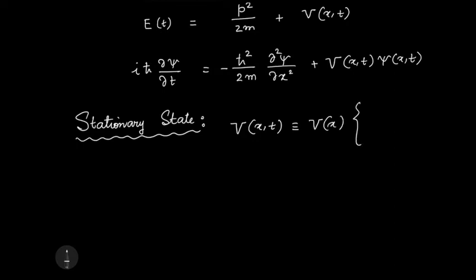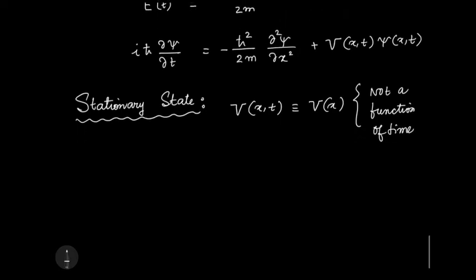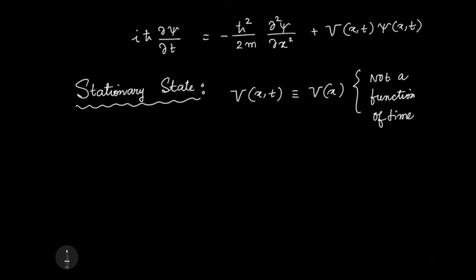So it's only a function of x, not a function of time. Okay. So in this case, one can simplify the Schrodinger equation. Psi as a function of x and t can be written as only a function of x,